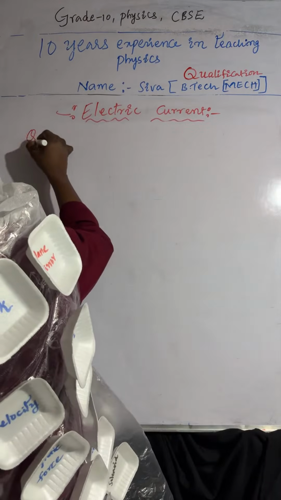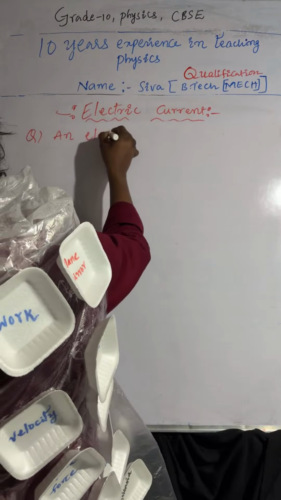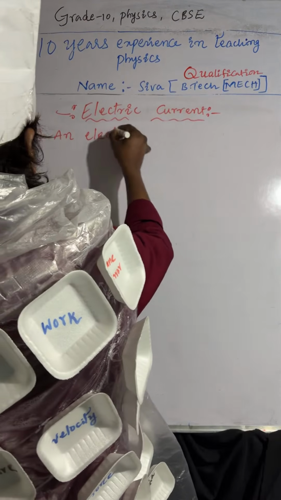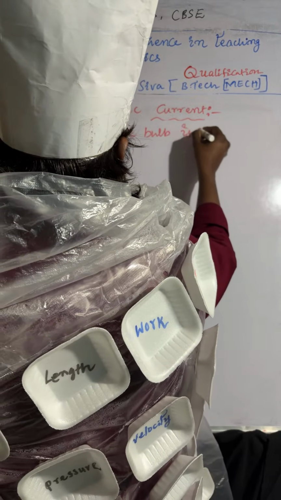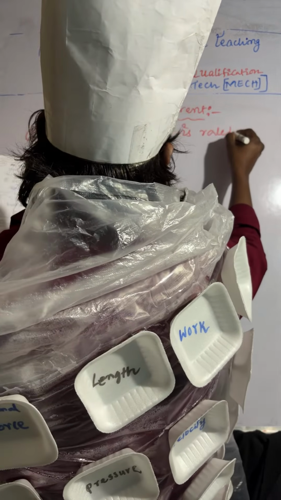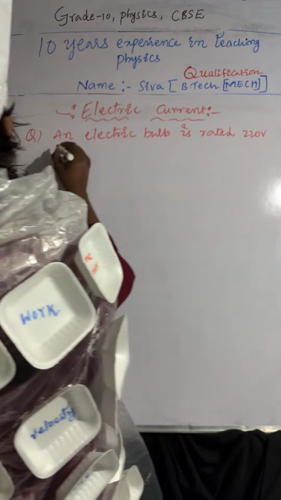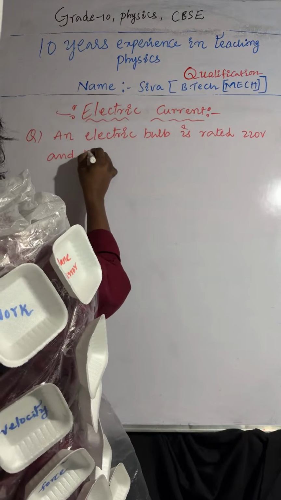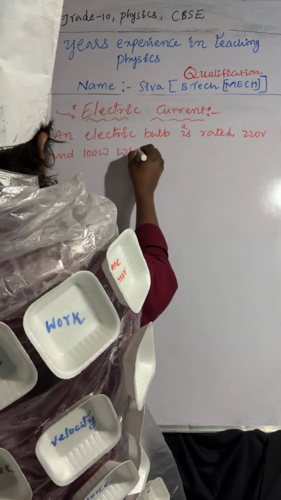Question number 1. An electric bulb is rated 220 volts and 100 watts. So when it is operated